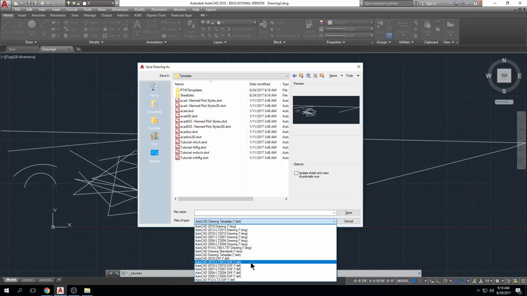A DXF is a drawing exchange format file. AutoCAD is a form of CAD software, CAD, right? Which is an acronym for Computer Aided Drafting Software, right? AutoCAD is a name brand CAD program. But CAD programs are things like SketchUp. SketchUp's a CAD program, right? There's probably a million out there. Revit is a BIM software, but it's still technically a CAD program. But any type of computer-aided drafting program is a